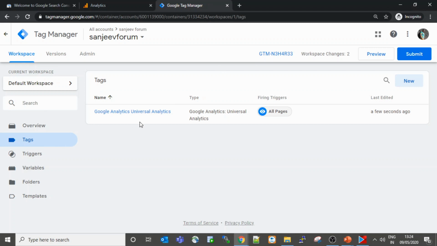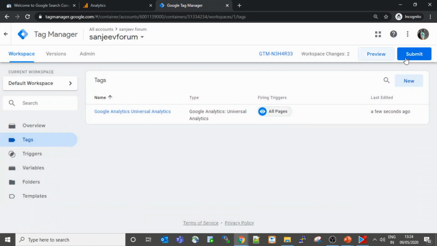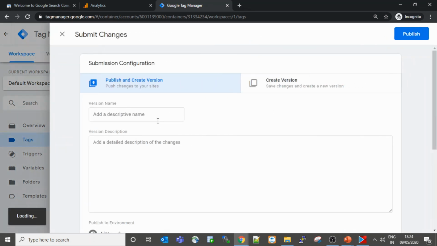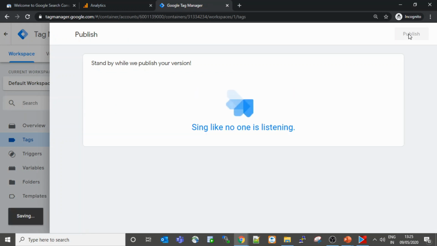So now if you want to create some more tags, after creating this, you have to submit every time. Give a descriptive name, whatever is useful for your understanding, like analytics tag added. Now publish. Once it is published, you will find a container published over here.